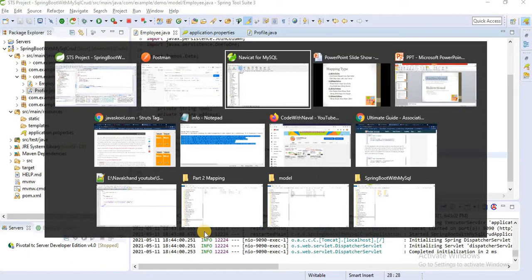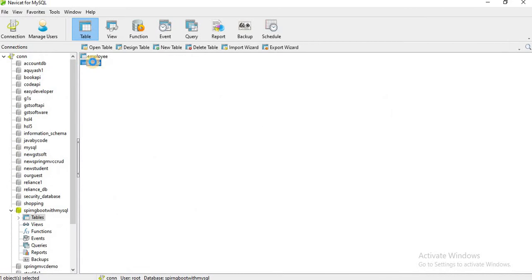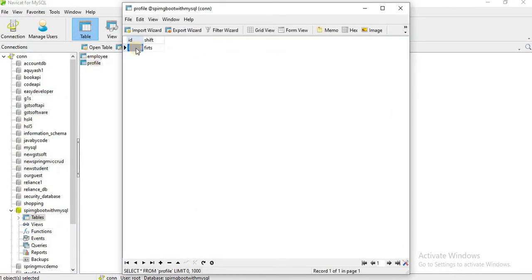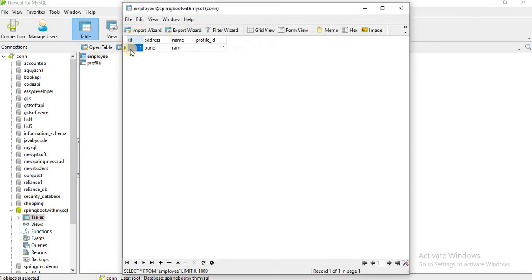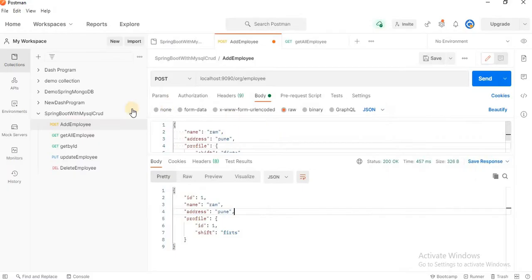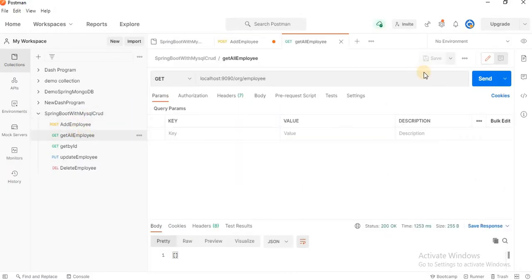Let's check inside the database. You can see inside the profile table we got the ID and shift, and also inside the employee table we got ID, address, name and profile ID. I'll perform get all employee.